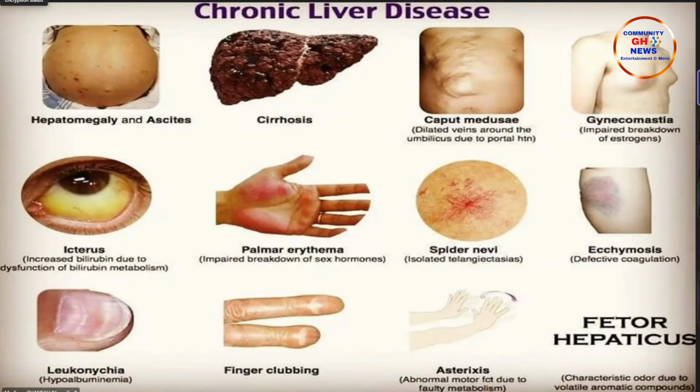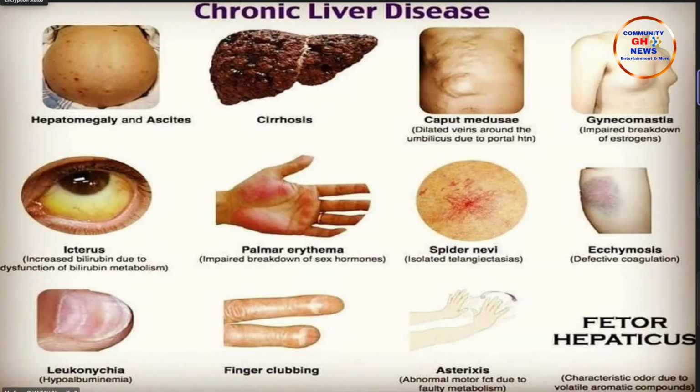So on the slide, as I mentioned, the liver becomes big. There can be accumulation of fluid. You can see this abdomen looks very big on the first picture. There will be accumulation of fluid. The liver becomes very hardened and smallish. You can see on your stomach these dilated veins on our abdomen. You realize that the veins will become very prominent around the abdomen. So you'll be seeing them.